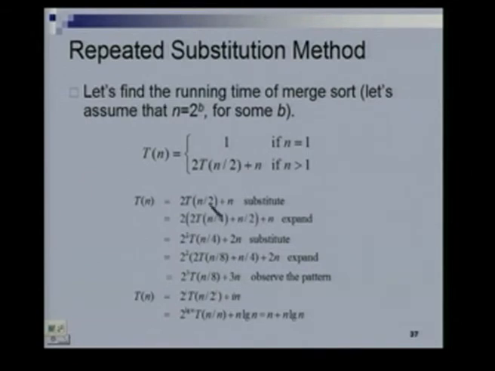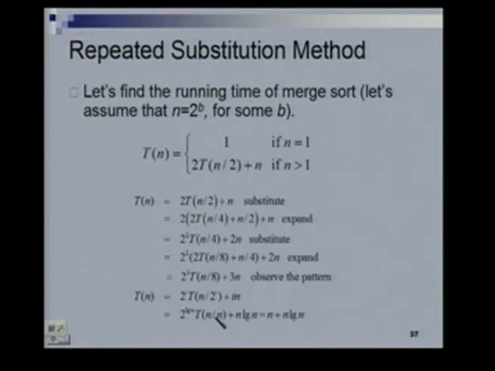That is what the 3, the 2 and the 1 here mean. And now if I choose i to be log n, what do I get? I get 2 to the log n times T of n by n plus n times log n. Now, T of n by n is 1, 2 to the log n is n,